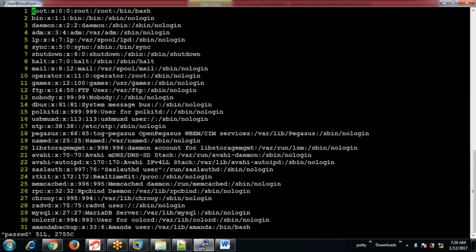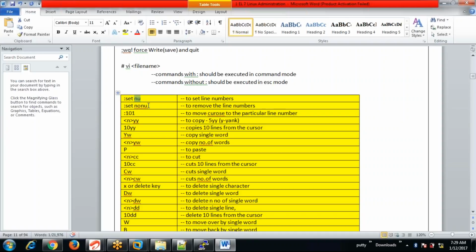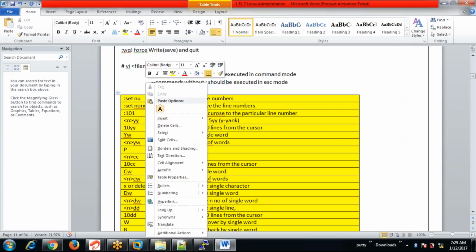See, now when I get in again, I'm automatically able to see the line numbers. That's what we can do to make it a permanent setting. I will also include it here to make it permanent.